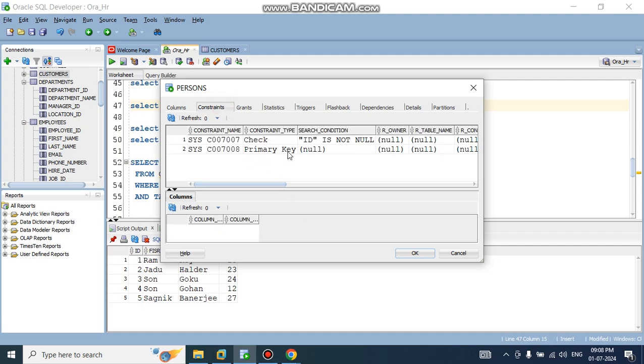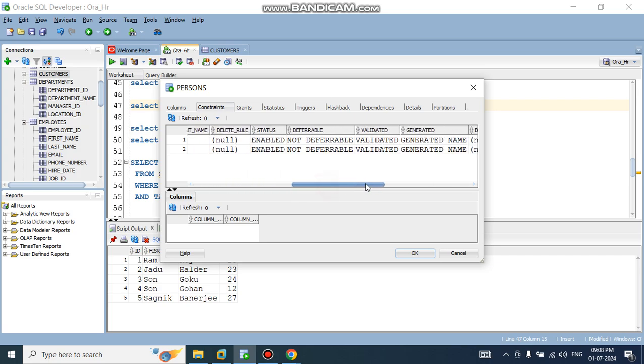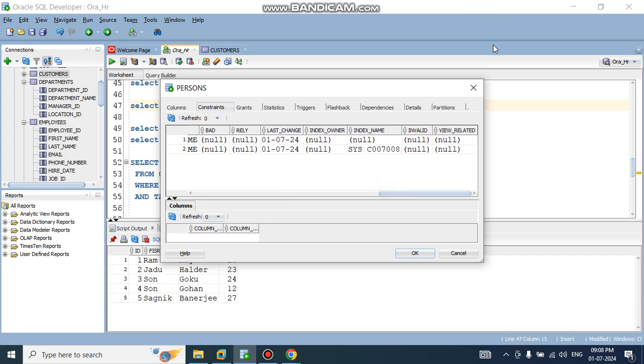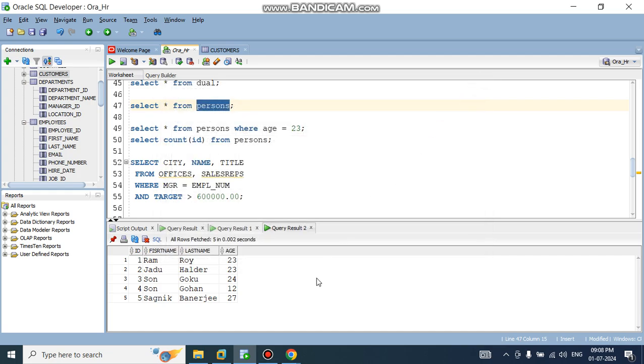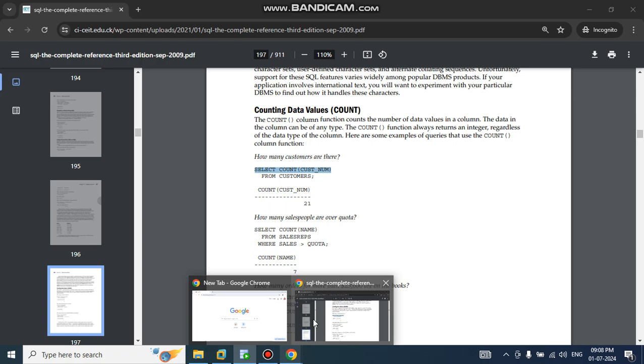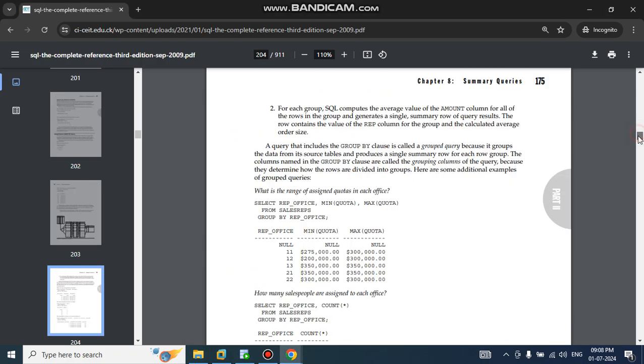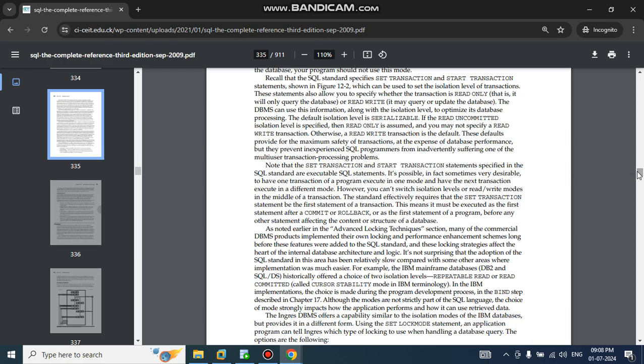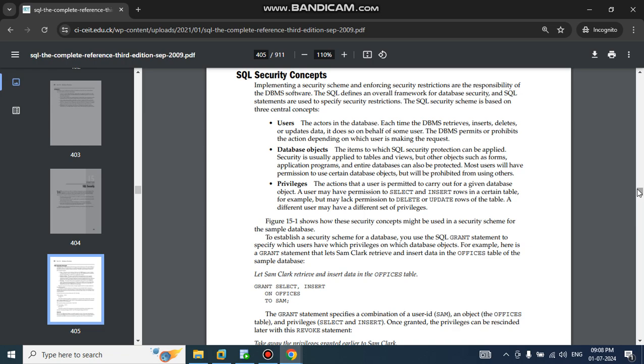You can see the constraint is declared over here: the primary key is not null, status is enabled. These are some of the topics we are covering today, and we are following this PDF. Here also some SQL security concepts are there, like user, database object,